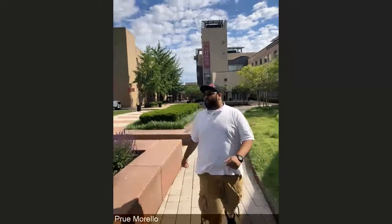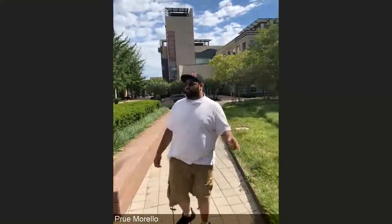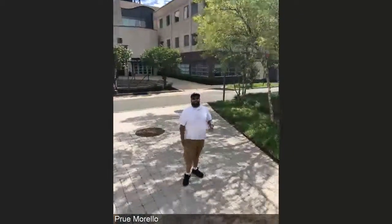There are only 2 classrooms in management. Other than that, there's an office. The library is open to any and all students that go to NJIT. Any book that you may need for class, we will offer it inside the library. The one cool thing about the bookstore,